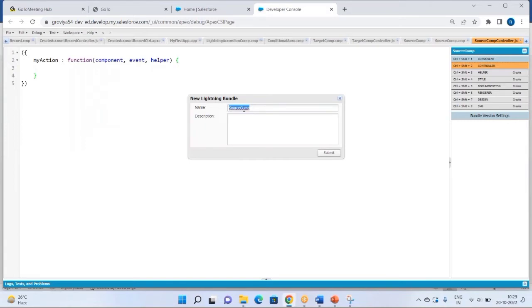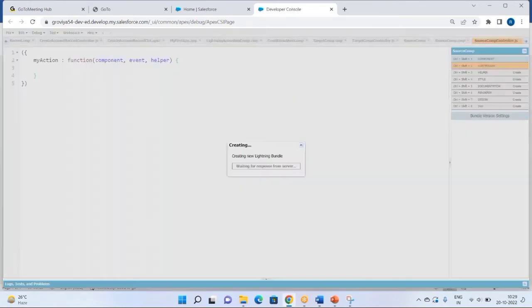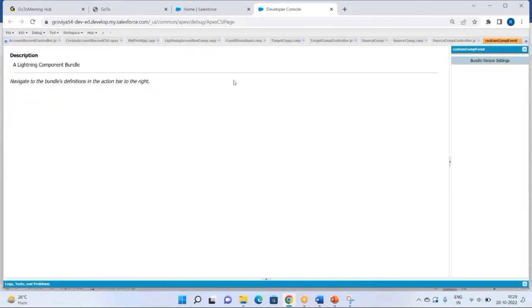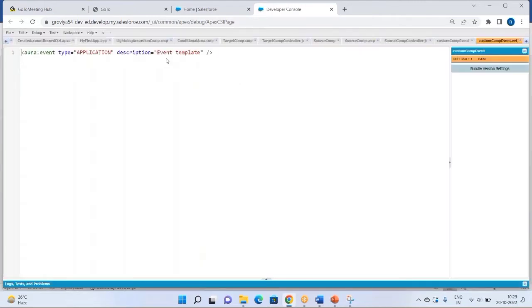So here we will give the name custom comp event. That's the event name. You can put any name, it's up to your choice. Let's submit it. The root tag will have one mandatory parameter, which is type. Here we will define whether that will be your application event or the component event. So let me put here component,